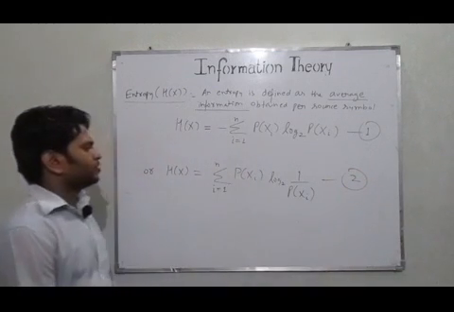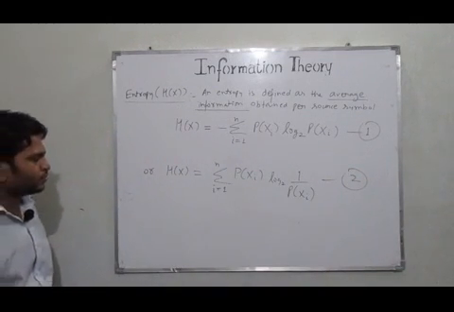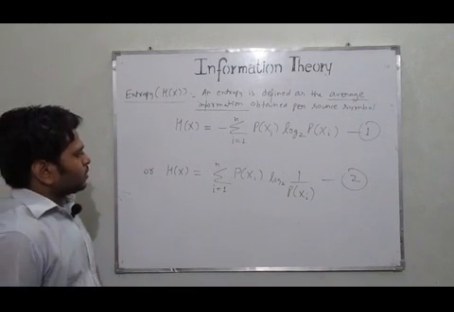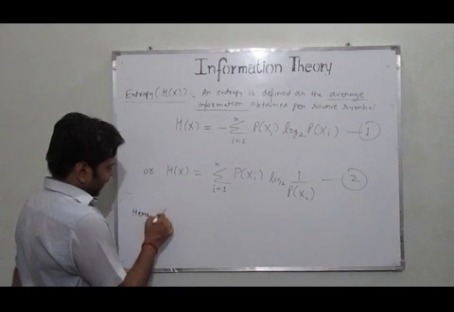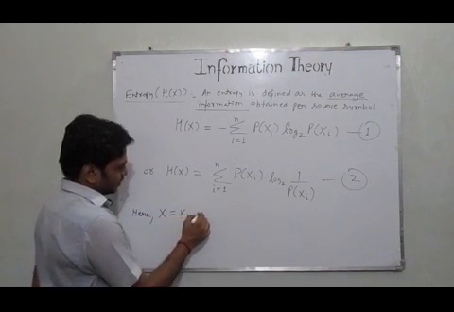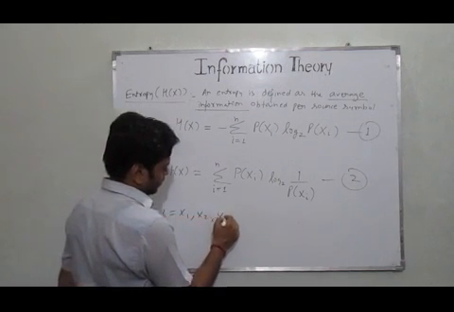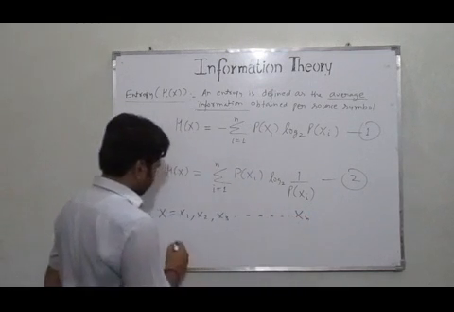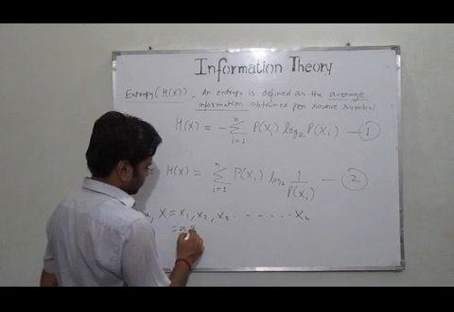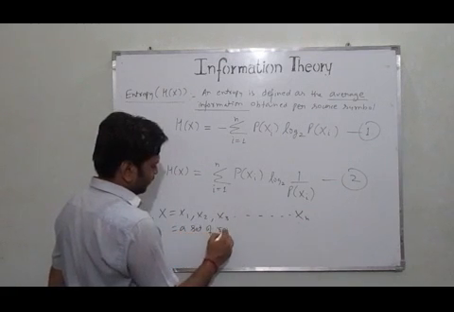This is an important relation that we have. So here what we have to consider is that X is basically a set of random variables,